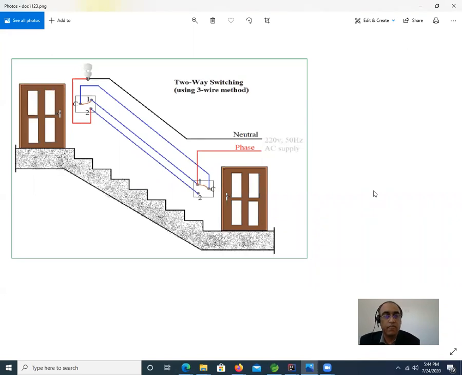We also saw a video of a two-way switch, and how the gentleman was able to connect and do the wiring for a two-way switch. This is your ground floor switch. This is your top floor switch. And what are we doing here? We are